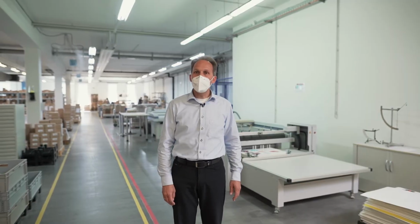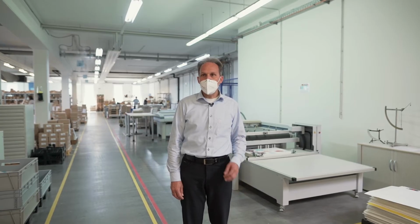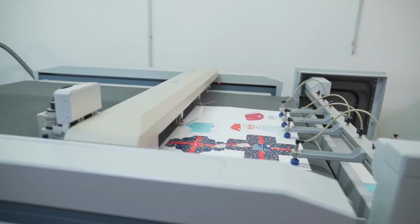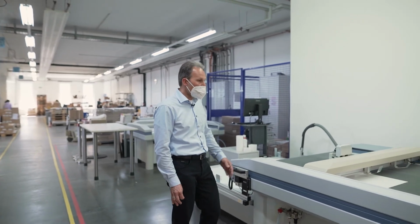As I told you, we do a lot of individualized and personalized food packaging. The big volumes are normally during the peak season, when we produce individualized advent calendars, where we then use the die cutting devices. But for the small run lengths, for samples and other products, we also use this plotter that is able to read a barcode and then load the right die cutting information and cut the individual shapes on demand. In this case, it's a sample production on whiteboard only for a new sample for customers,